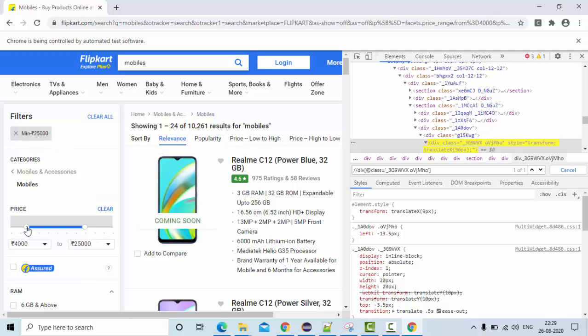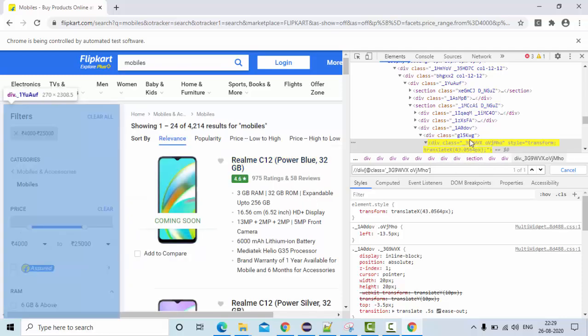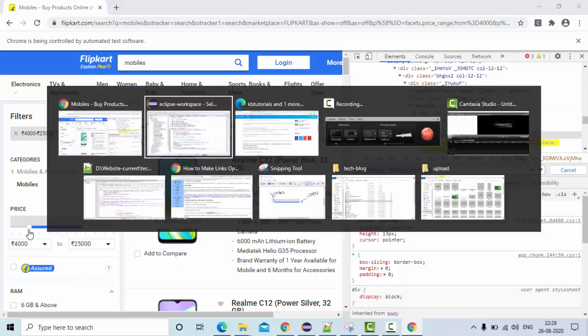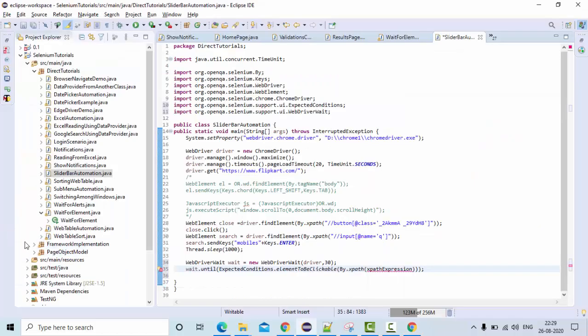So let me change it till here. Also where it is pointing, it is pointing to this end. So this is the correct one. I need this one. So you need to identify the lower end, guys. If you want to automate from the lower side, you need to identify the lower end. If you want to automate from the upper side, you can do that. That I am going to show later in this tutorial. So this is my XPath.